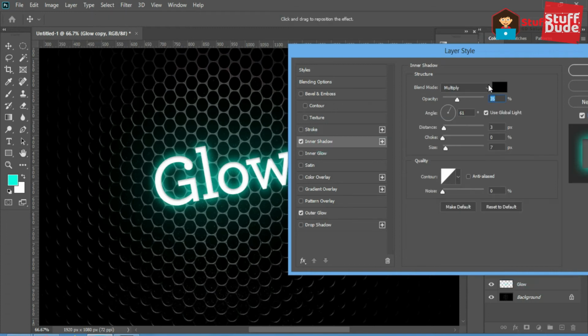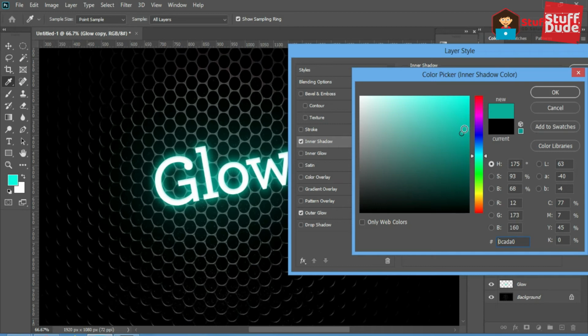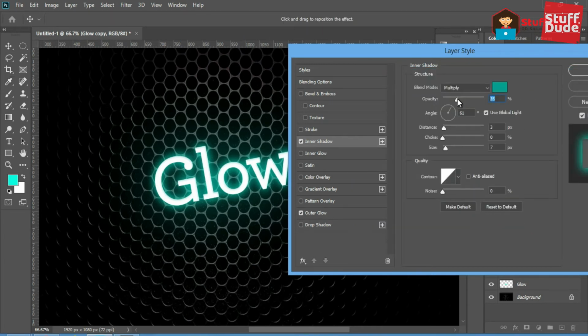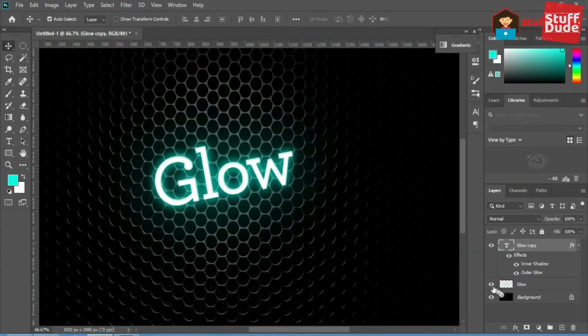Now turn on inner shadow. Mode should be multiply. Give it same glow color. Do small changes on size, opacity and distance. So this is how you can create simply glow effects in Photoshop.